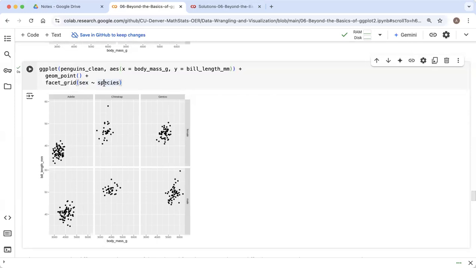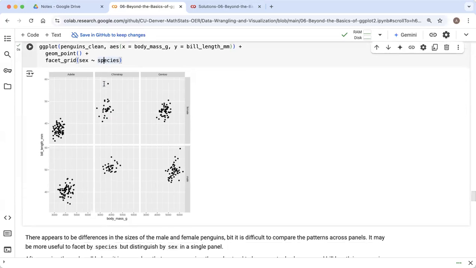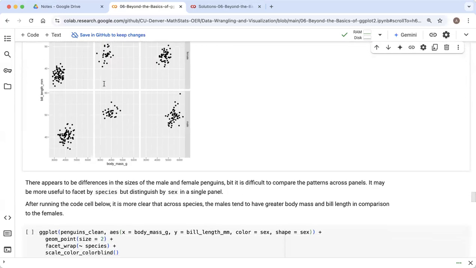And again, these variables that we facet should be discrete things. They can't be continuous. So they really should be categorical factor variables. They can be discrete numeric variables as well. You really don't want a million categories here, because you're going to get a really large matrix of panels. But I think something like 6 panels is pretty reasonable to look at. So this is a nice overview of